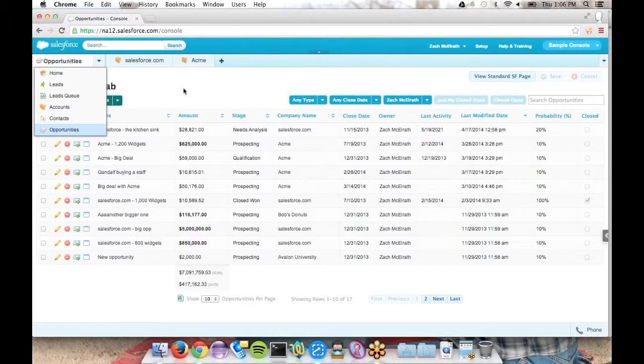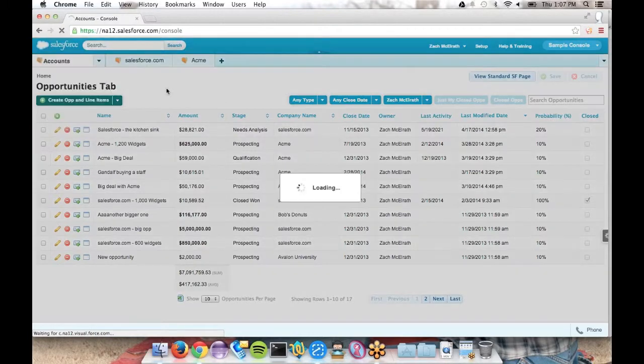And with the console, you can also see arbitrary URLs. You don't necessarily have to see particular Salesforce records. In general, the tabs that you're usually used to, the word tab is going to get thrown around so many times, it's hard to keep it all in line, but bear with me. The tabs that you're used to with normal Salesforce apps, such as home, leads, accounts, contacts, opportunities, are all stored up here, and you can jump between these just by clicking on these buttons.